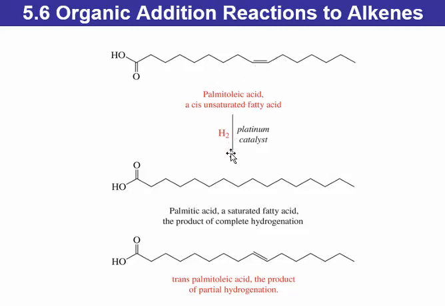When we add hydrogen, an H2 molecule, across that double bond in the presence of a catalyst, we get an alkane. However, this reaction usually does not go to completion, and some of the alkane will revert back to an alkene. But when it reverts back to an alkene, it goes in the trans isomer, which is actually more energetically